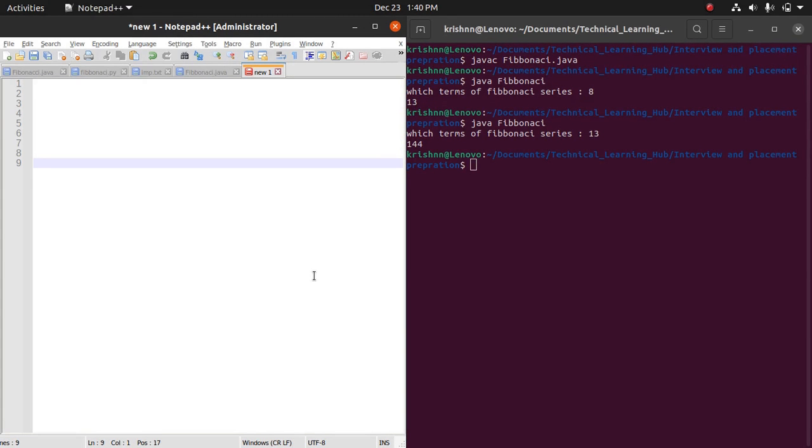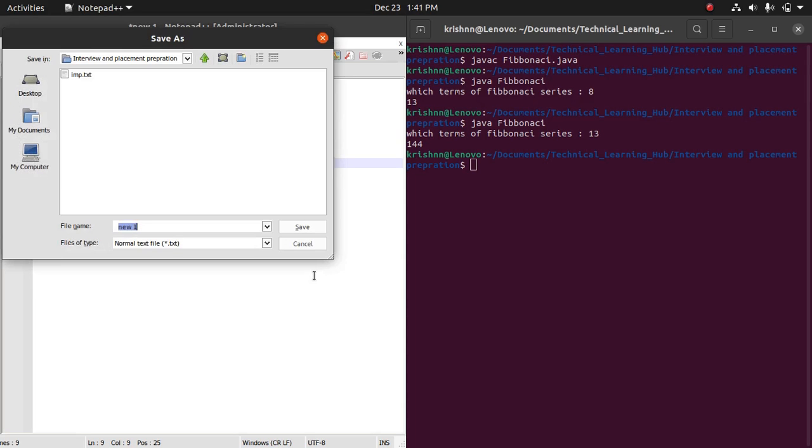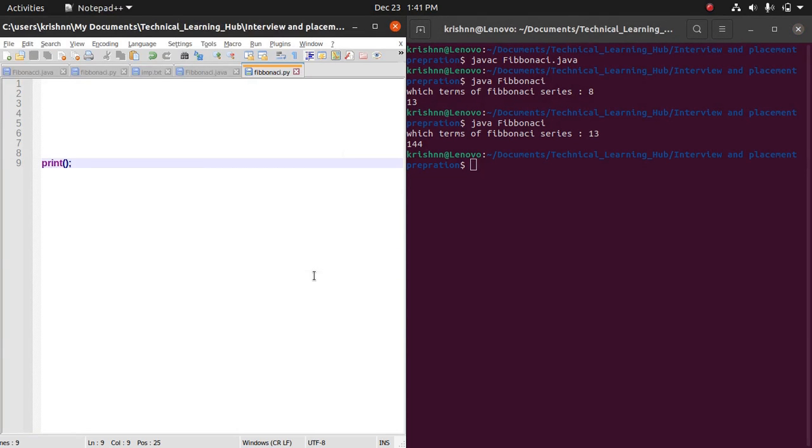Method should always be above the code. Let's start. We will give its name, that is Fibonacci.py. Okay,